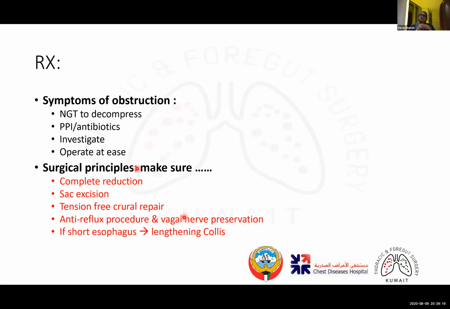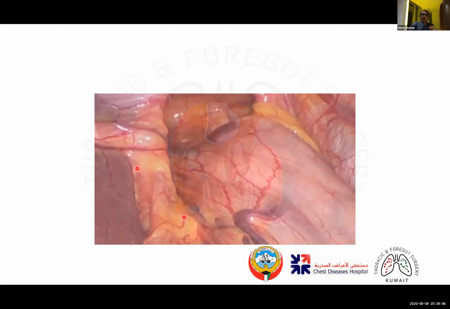What about those patients who come to you with obstructive symptoms? Those patients, you should admit them quickly to the hospital, hydrate them, and immediately start to decompress the stomach by inserting a nasogastric tube. Put them on PPI, antibiotics, investigate thoroughly, and then you can operate at ease. But during that, if they get worse, of course, you have to take them emergently. As for surgery,